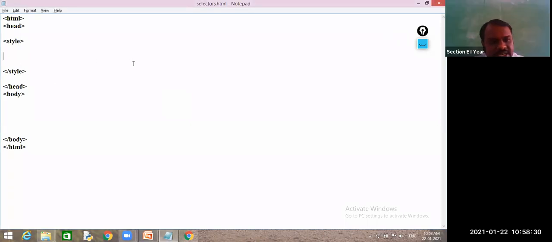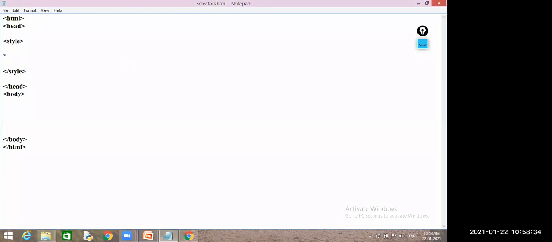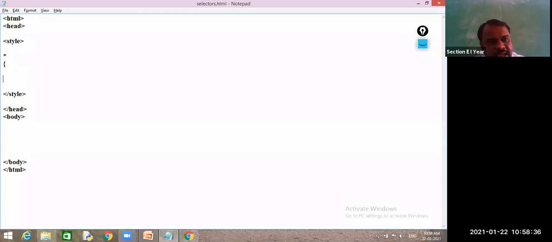Universal selectors we need to write using star notation, and in between you need to write the properties. So basically in universal selectors we will write margins. Margins, I already said how to write margin.